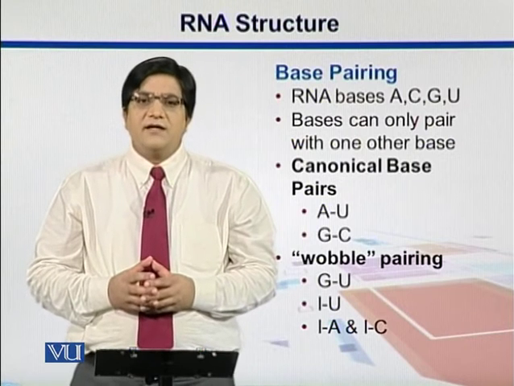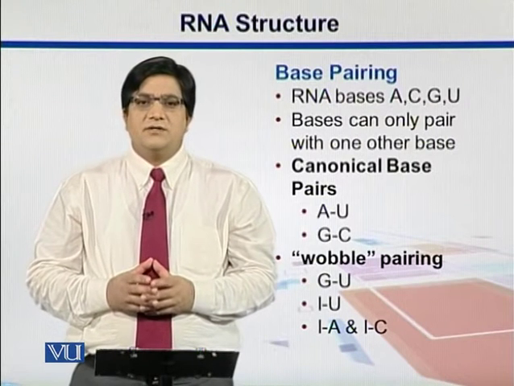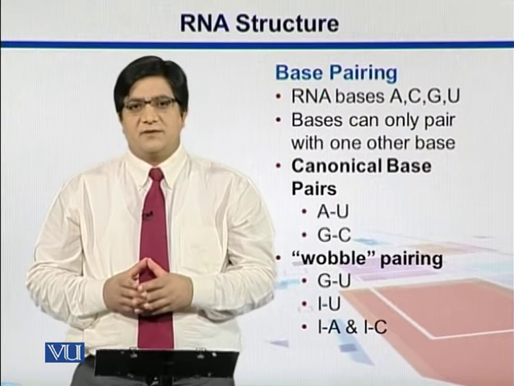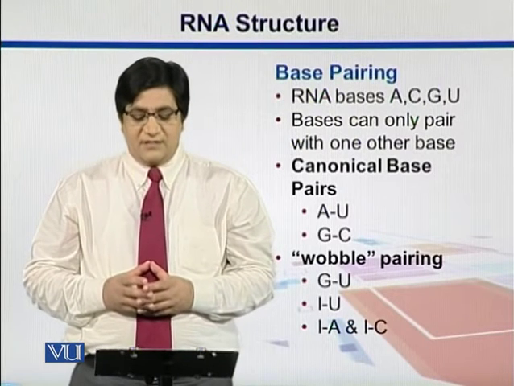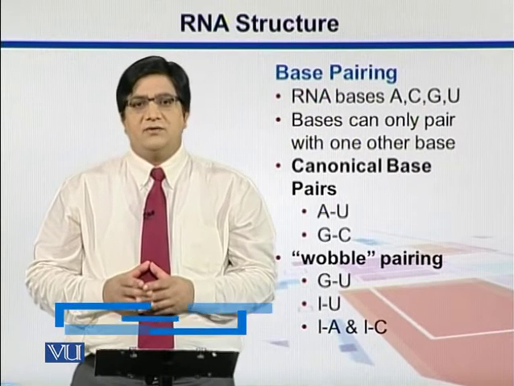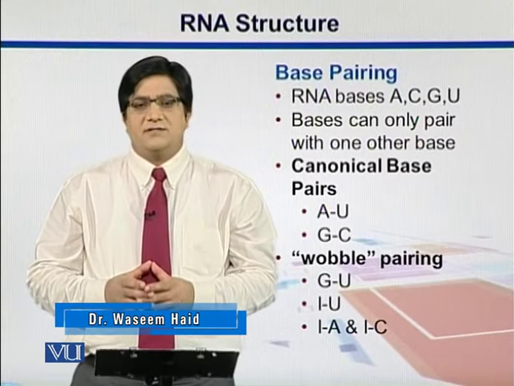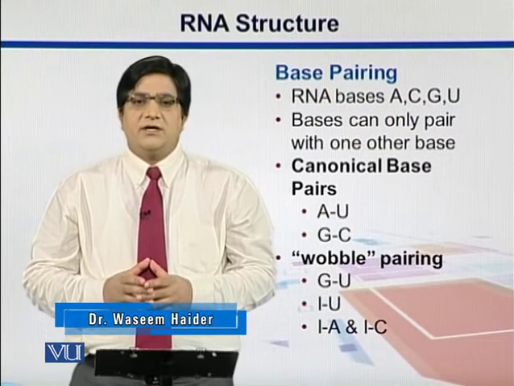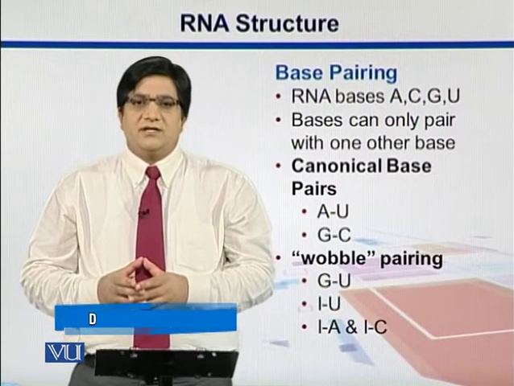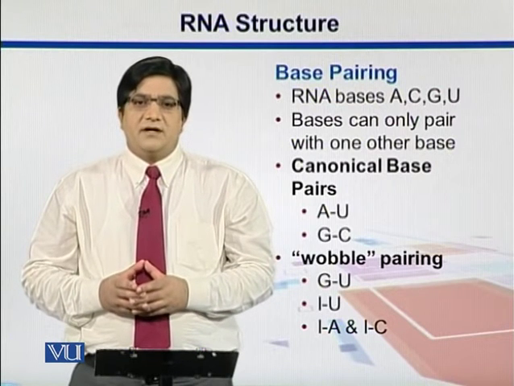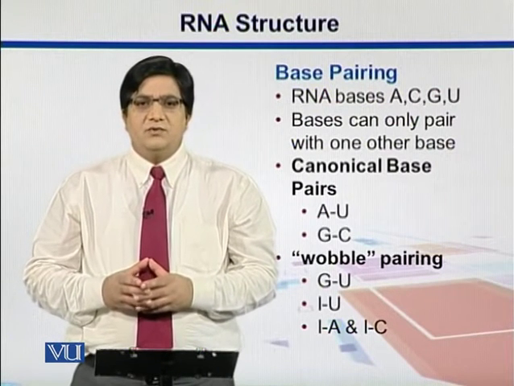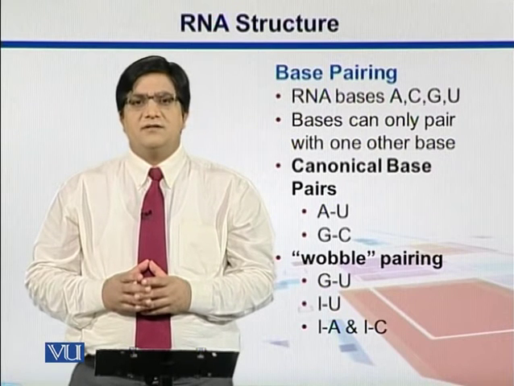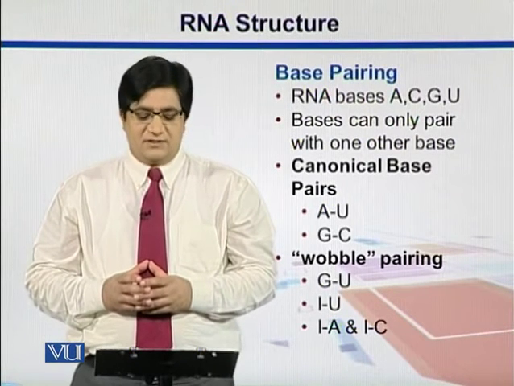So we know that RNA has 4 bases. So unlike DNA where we have T, it has U, and the rest of them are the same. The bases can pair with one another, and we know that the canonical base pairing is what Watson and Crick highlighted, where A goes with U. In case of DNA, it was T. Here in RNA, A binds with U, and then G goes with C. And G and C have triple bonds, whereas A and U have double bonds.